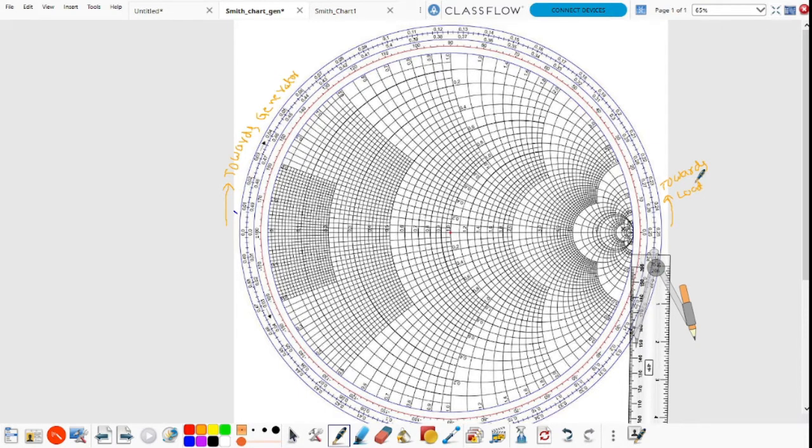So this is the Smith chart graph, and in this Smith chart this is the real axis, the horizontal axis. These are the R equal to constant circles: R equal to 0, 0.1, 0.2, like that. And these are the X equal to constant circles. Above the horizontal axis there is positive reactance value, and below the horizontal axis there is negative reactance value. This point is the generator and this point is the load; this direction is towards the generator and this is towards the load.